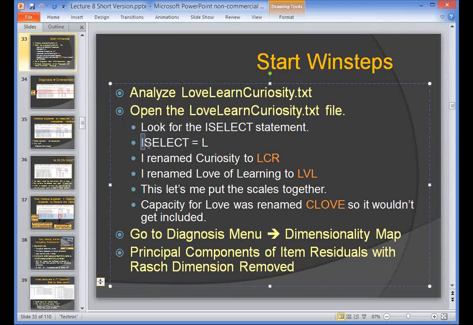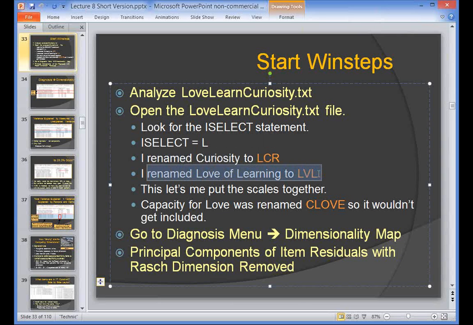And you're going to see where it says iSelect equals L. And let me tell you what I did with this. This is the VIA data, the IP VIA data that you're used to, except I thought I would put love of learning and curiosity together in the same scale. So I changed the names of the scales to something where I could select both sets of items at the same time. So I changed curiosity to LCR, I renamed curiosity to LCR, and I renamed love of learning